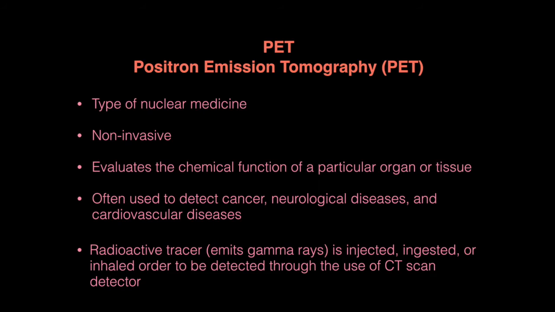So now I'll be talking about positron emission tomography, also known as the PET scan. The PET scan has been deemed to be one of the most effective tools in treating and diagnosing cardiac disease. PET scans are an effective way to examine the chemical and metabolic activity in the body and are extremely beneficial when detecting coronary heart disease. The images produced by a PET scan vary significantly and provide different information than other scans such as a CT